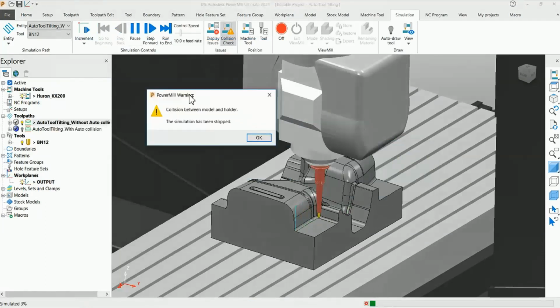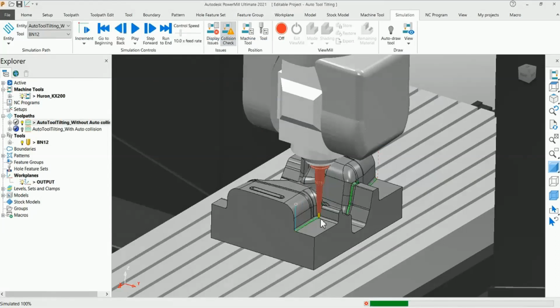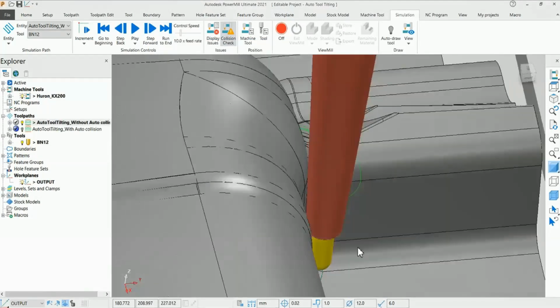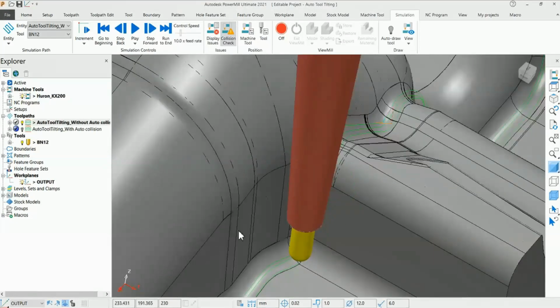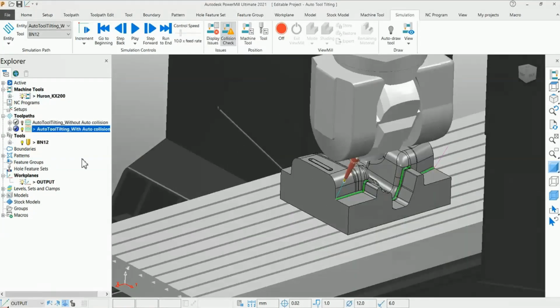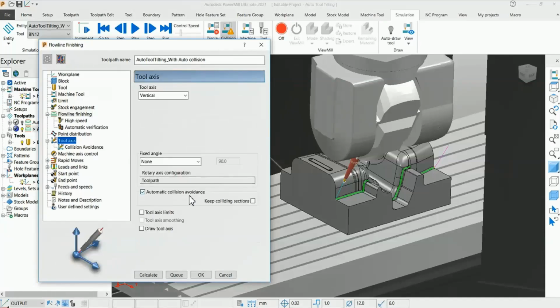Now you can find PowerMill is giving a warning where a collision is taking place between the model and the holder. So the simulation has been stopped. Take a close look where the collision is taking place. So now come to the second toolpath. Go to the settings. With the same toolpath with the same parameters, I had enabled my automatic collision avoidance option